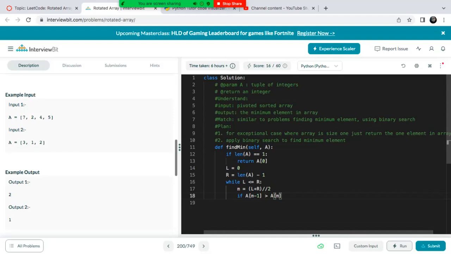So we want to return A[m] after it's found. In all other cases, if A[m] is greater than or equal to A[0],